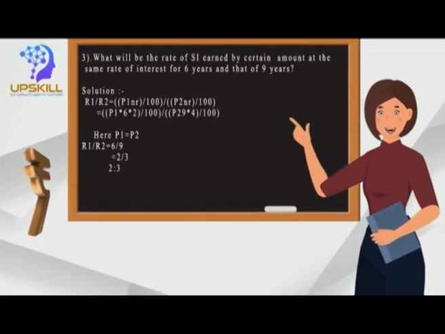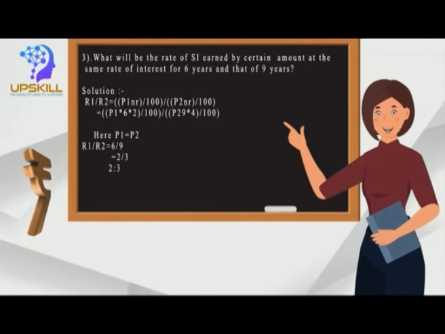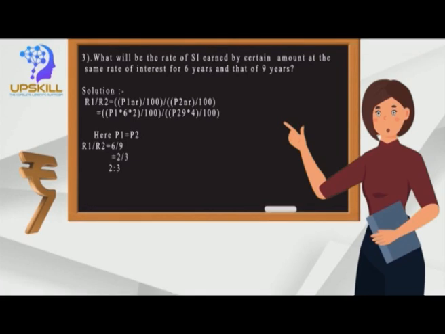So we know that P and R are the same in both conditions. So, both will get cancelled and as a result, we will get 6 by 9 as the answer. Some people get confused about whether it is the same or not, whether they have to take it as P1 or P2 or something else. But we know that the simple interest is earned for the same amount for 6 and 9 years. So, P will always be the same, though they didn't mention it in the question.